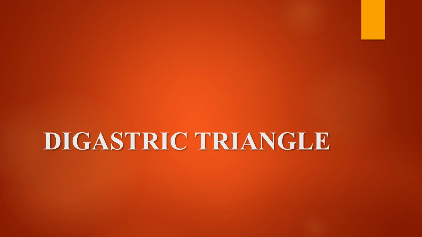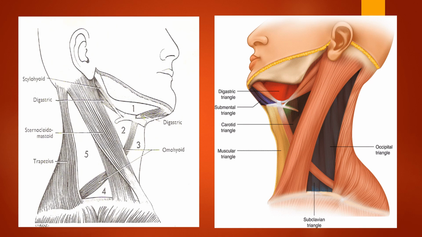Good morning, students. Today we are going to revise digastric triangle. So in this diagram, I have shown both the right side as well as the left side view of the side of neck, simply for orientation. So this whole lot is going to be the side of the neck, which is quadrilateral in